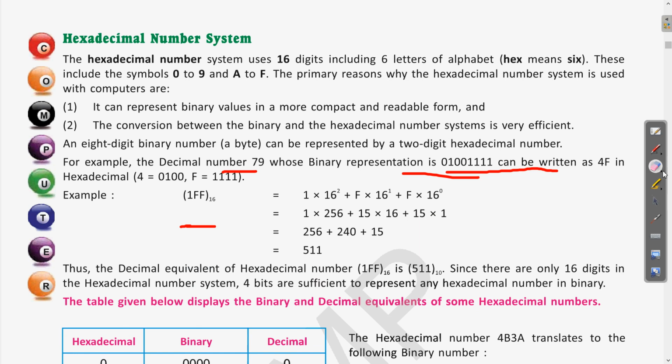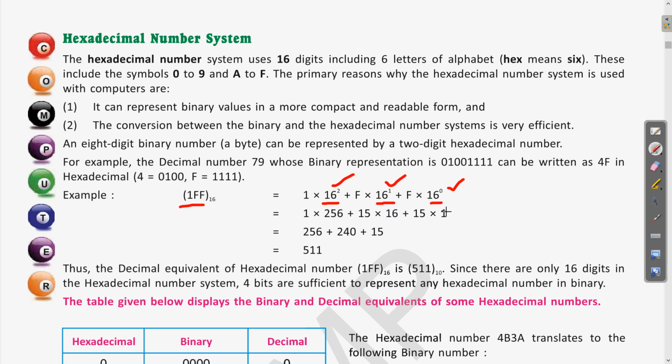Okay, let us erase this also. So here we are taking the number as 1FF. Clear? Now each of these will be multiplied with the base, that is 16. Already we are doing multiplication with the base whenever we are converting to decimal. So here you can see each digit of 1FF is multiplied with the increasing power of 16, that is 16 power 0, 16 power 1, 16 power 2.